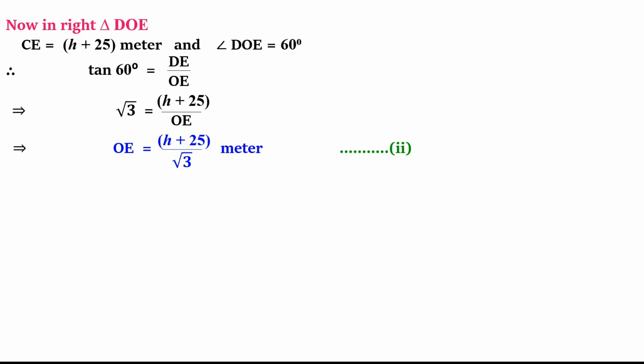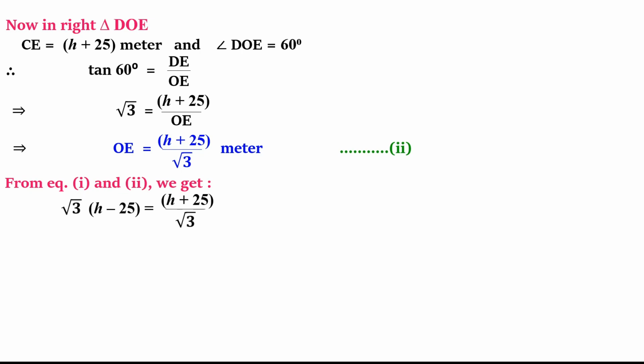Now when I compare both the equations, I come to the conclusion that both are equal, because equation 1 is also for OE, equation 2 is also for OE. That means these two values are equal. If you look at equation 1 and equation 2, we have not substituted the value of root 3 as 1.732, because after equating you yourself will see that root 3 vanishes. We are going to cross multiply and root 3 will move up, get multiplied with root 3 which is already there, and in the next step it becomes 3 into h minus 25 is equal to h plus 25.